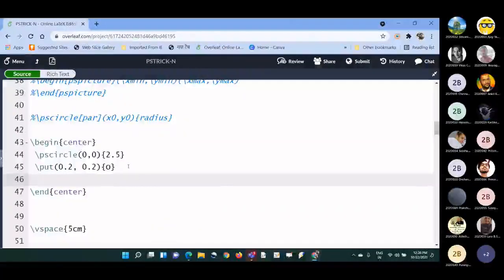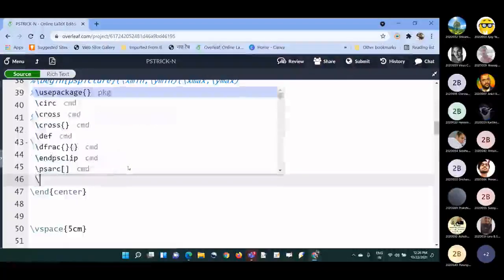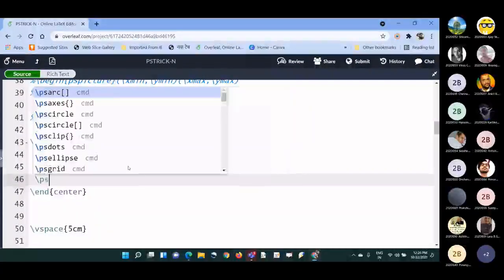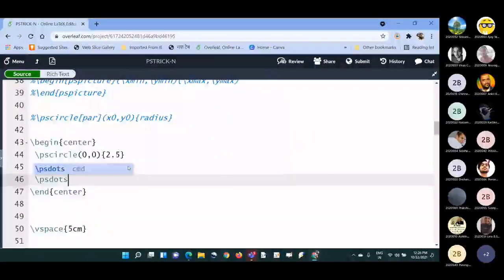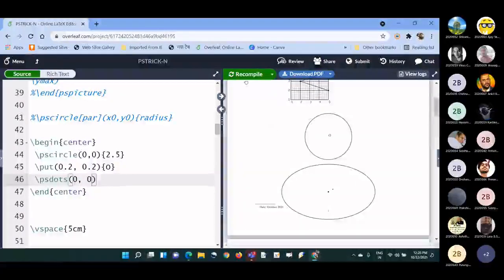You can put a dot over there or a star, depending. With \psdots you can write like this: here you want to keep a dot at (0, 0). So you will have a dot over there, and O is there, but there is some overlapping.